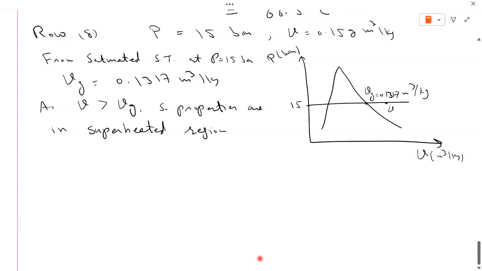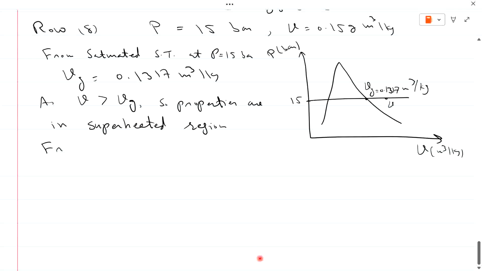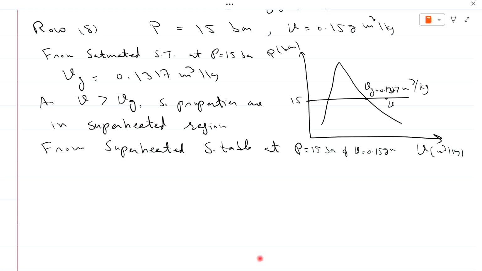So from the superheated steam table at pressure equal to 15 bar and specific volume equal to 0.152 meter cube per kg,